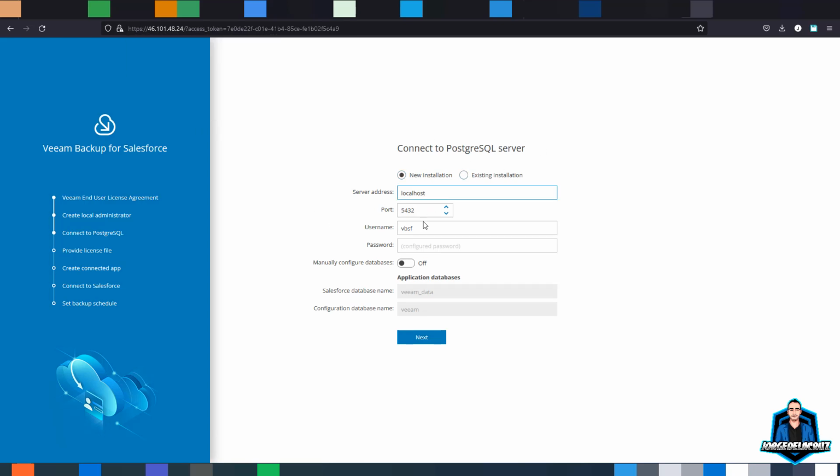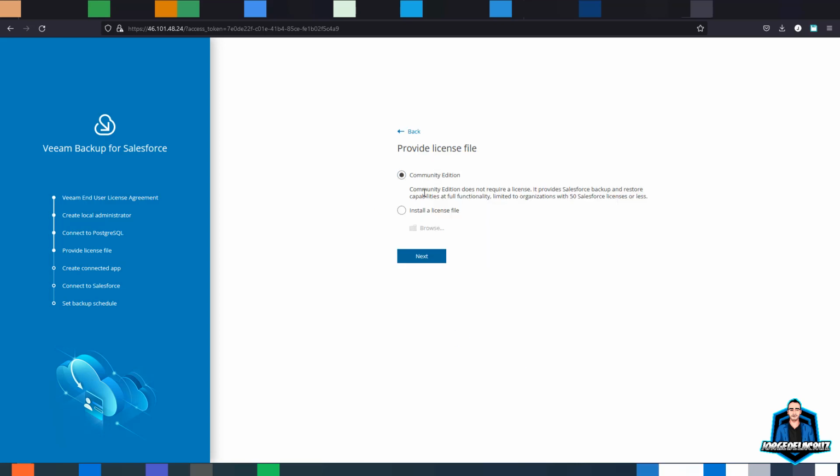Now this is connecting to the PostgreSQL. If you have installed it with the script, you do not need to introduce any password here or change anything. Everything is already kind of prepopulated over here. Now, let's click next. So I do not want to do anything. Everything should be ready, and the configuration should be all good. In the case that you have your own PostgreSQL, as you can imagine, here you will need to change to